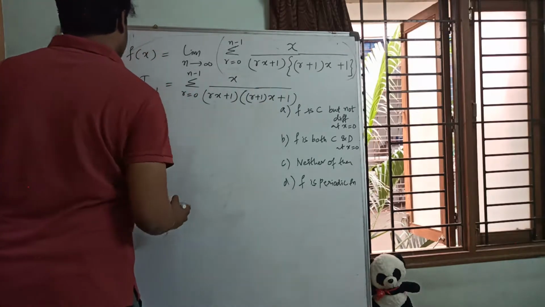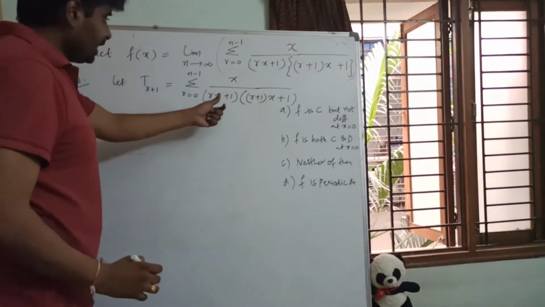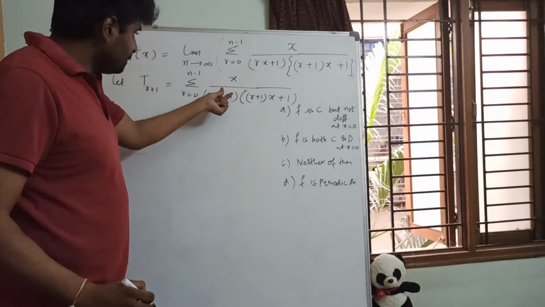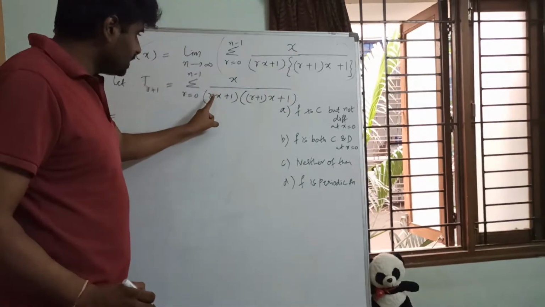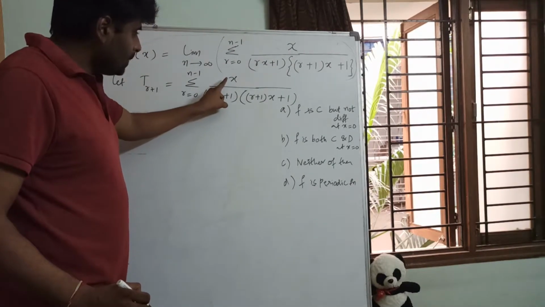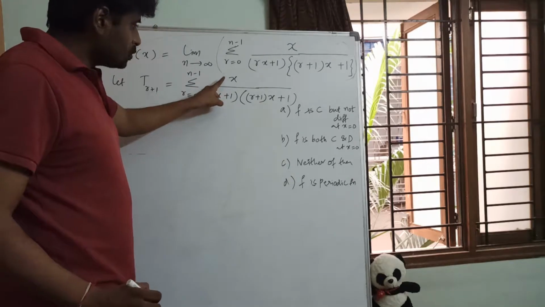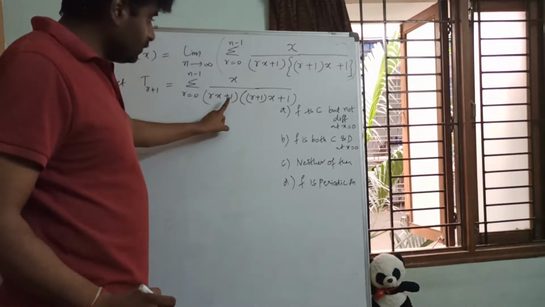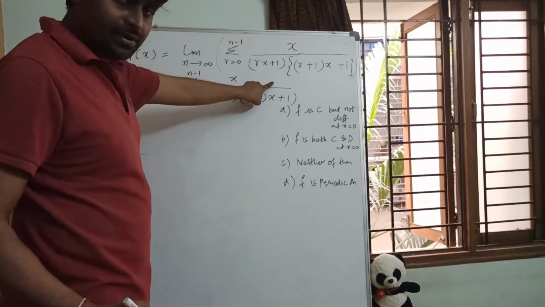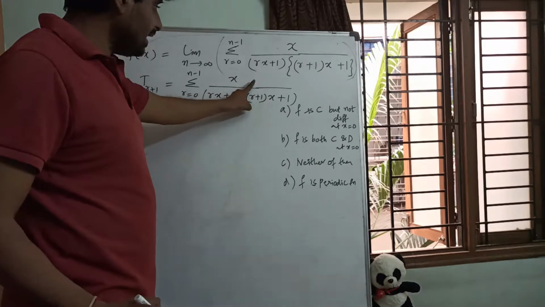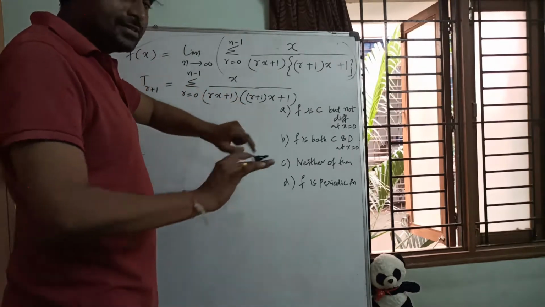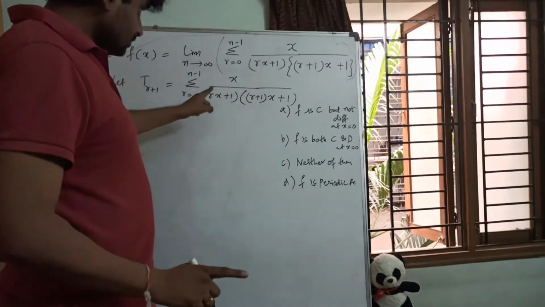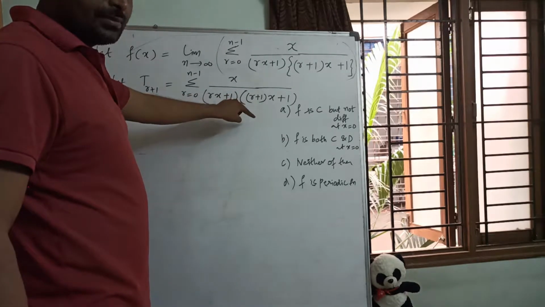Clear? So now, how can you separate the function here? See here x, here rx plus 1. So can I add and subtract with rx, and I need 1 also. Plus 1 minus 1 I can do, plus rx minus rx I can do, so that this can be simplified and we will be able to write one particular expression for that. That can be simplified easily.